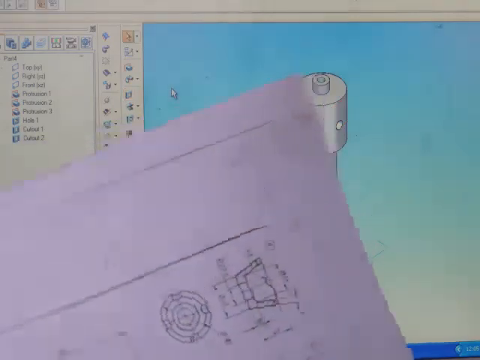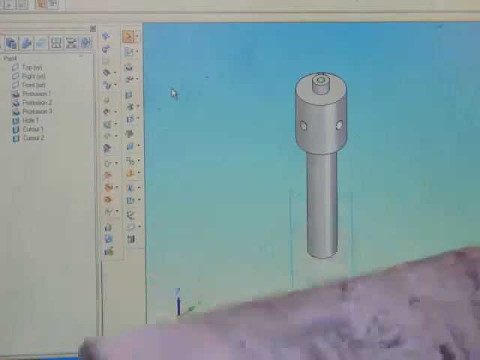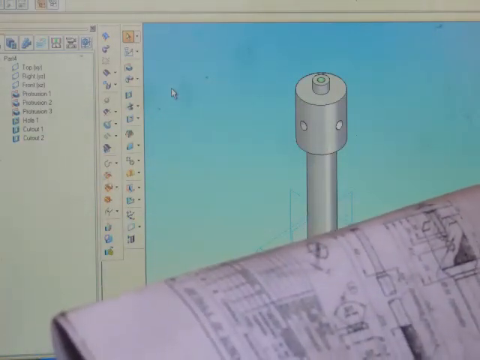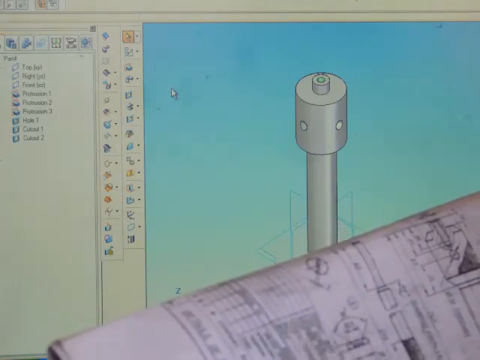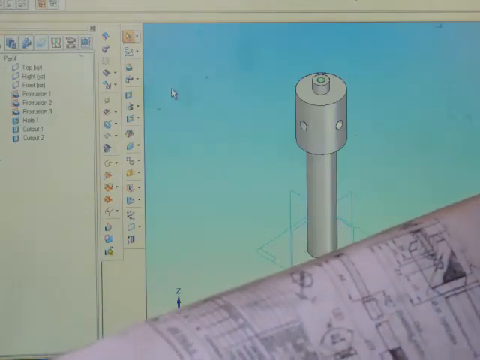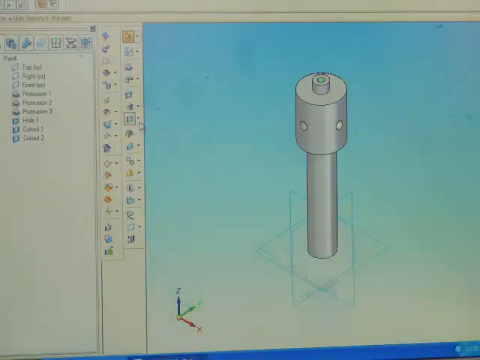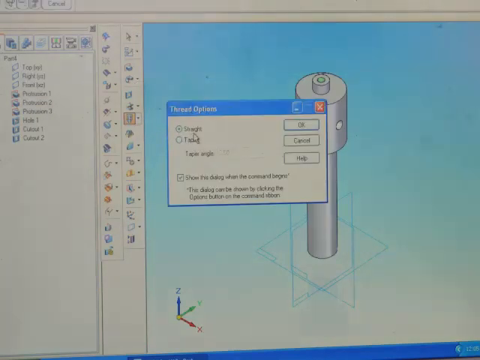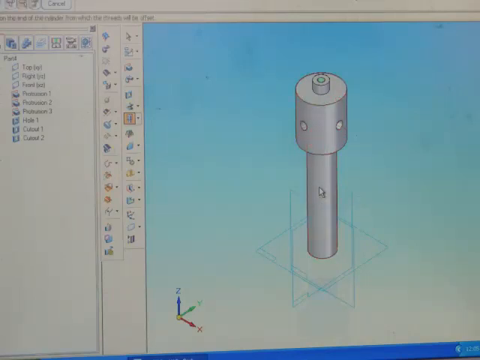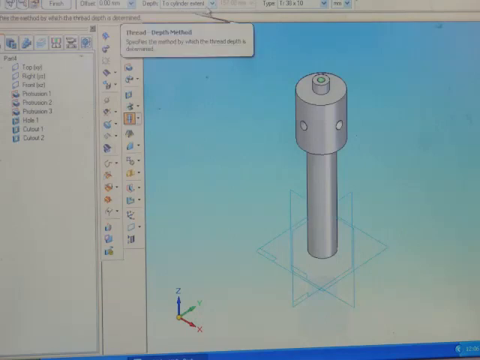So now I am going to construct the thread forms here. The thread size is 38 into 7. In total there is a 3 mm gap of threading here. Go to the hole option there, select the thread option. It should be straight. Select straight, select this bottom cylinder and select this circle. Here the depth is to the cylinder extent; make it a finite value.